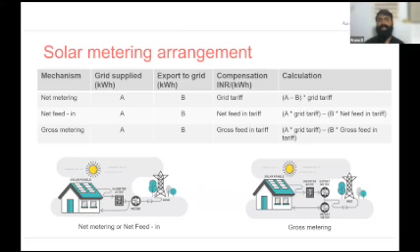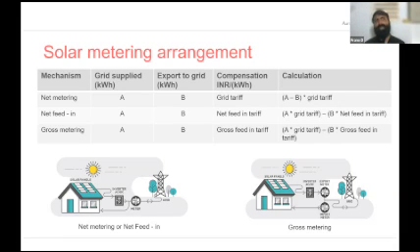Both net metering and net feed-in mechanism encourage self-consumption. That is to say that the solar energy generated from the installed solar system can also be used to satisfy a portion of your electricity load, and the excess could then be given out to the grid to generate revenue. However, in the gross metering mechanism, as noticed, we have two different meters to record the consumption